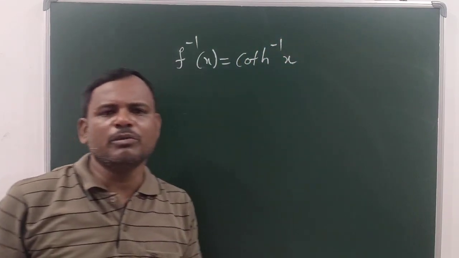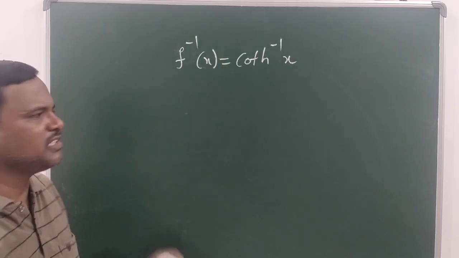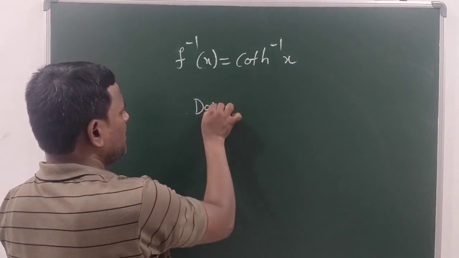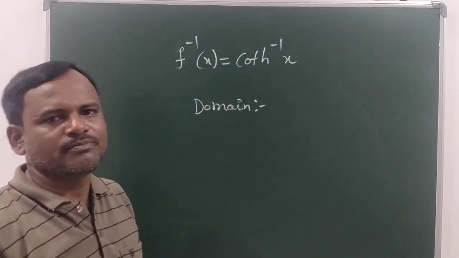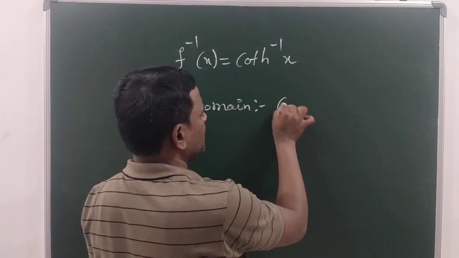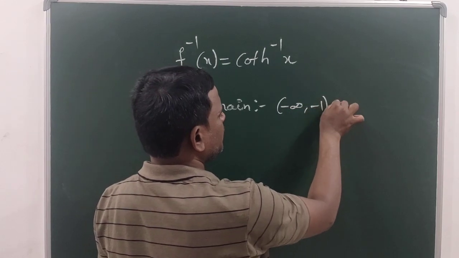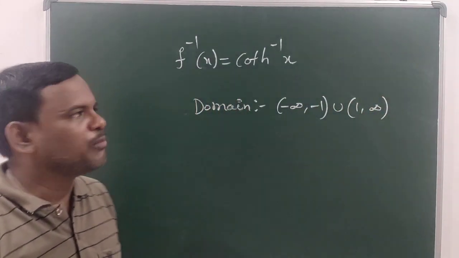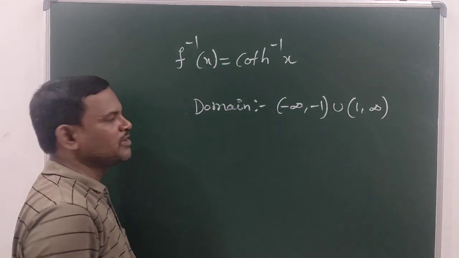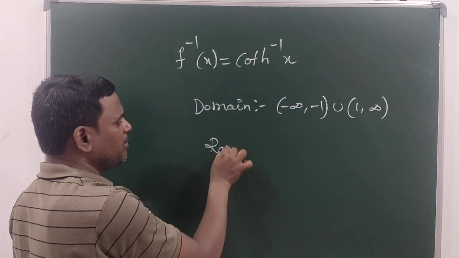Now can you tell me the domain of this cot h inverse of x? The domain will be, so for the previous one, range, see here, minus infinity to minus 1 union 1 to infinity. So this is the domain of whose inverse function, and the range will